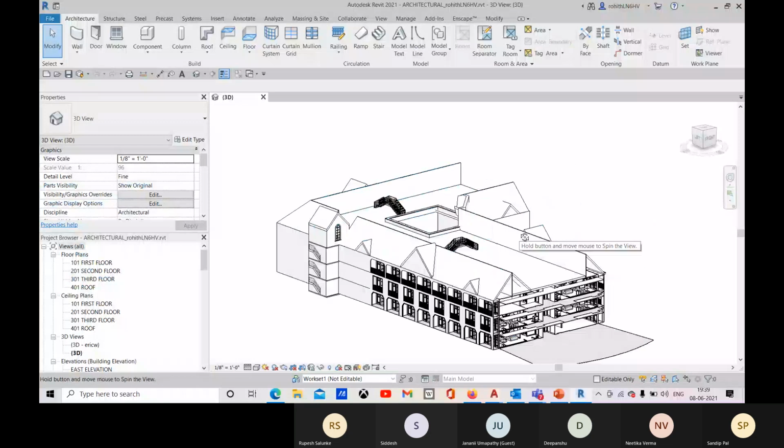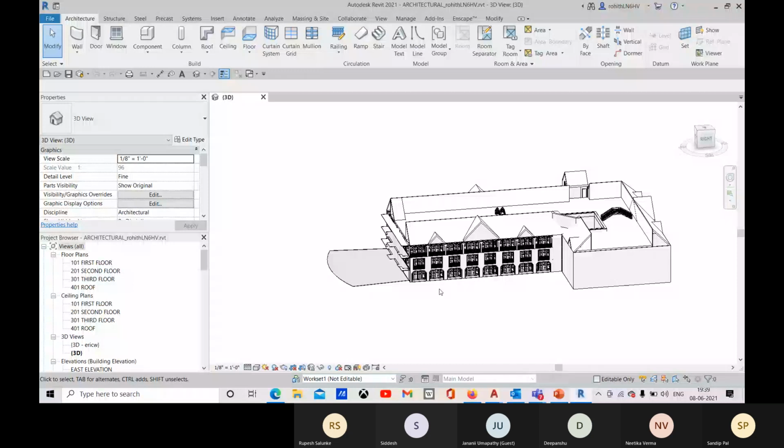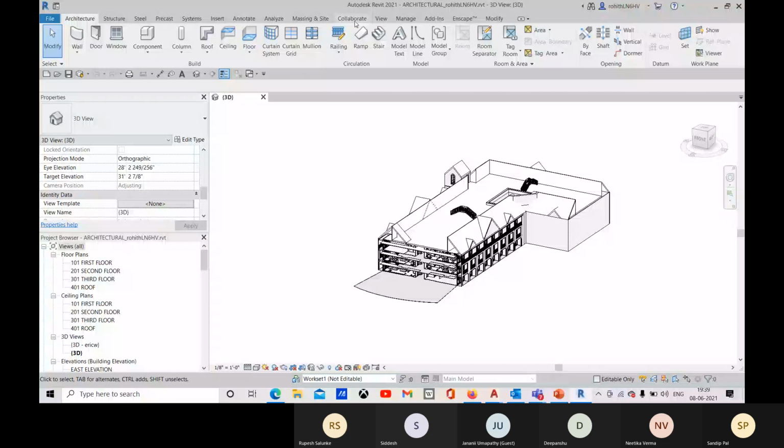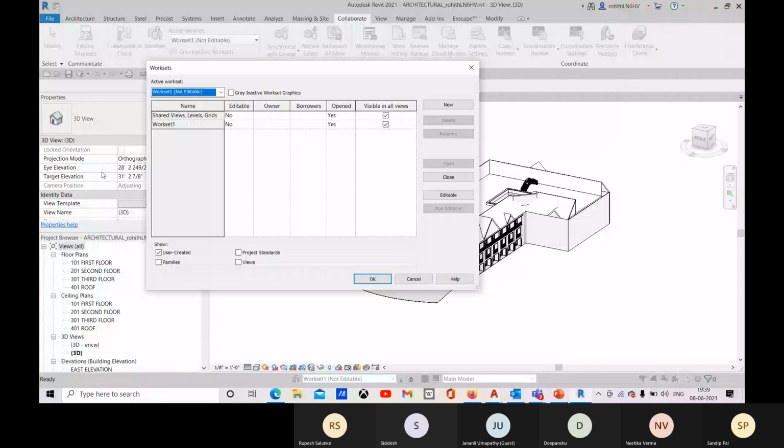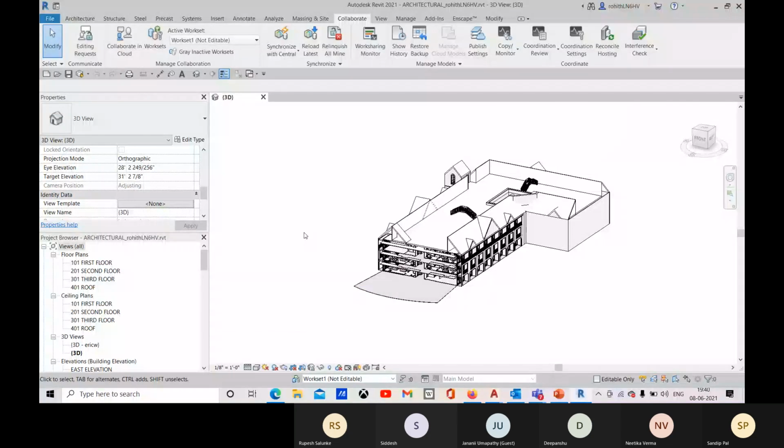Now let me go to this Collaborate tab here. And here we have these worksets. So worksets are named elements, as per this workset. We have these two worksets which are already created, and we can create more worksets and work only on those worksets. Those worksets can be borrowed by other team members.